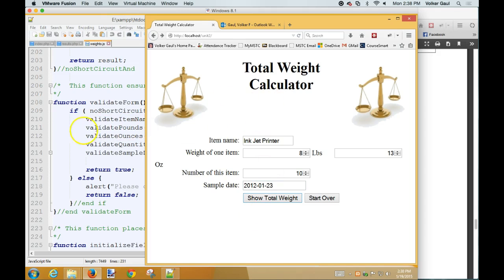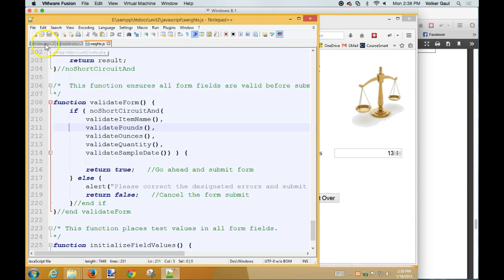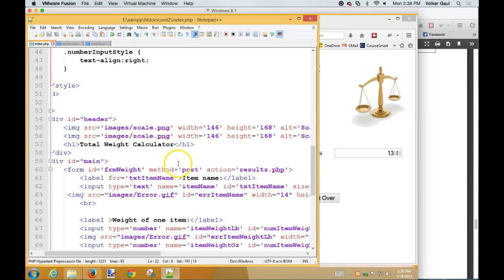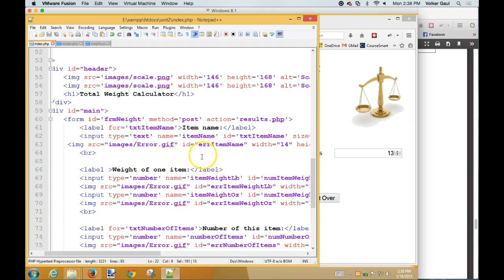Who asked that question? Okay, so what we did is just demonstrated this is how I transfer hidden data from